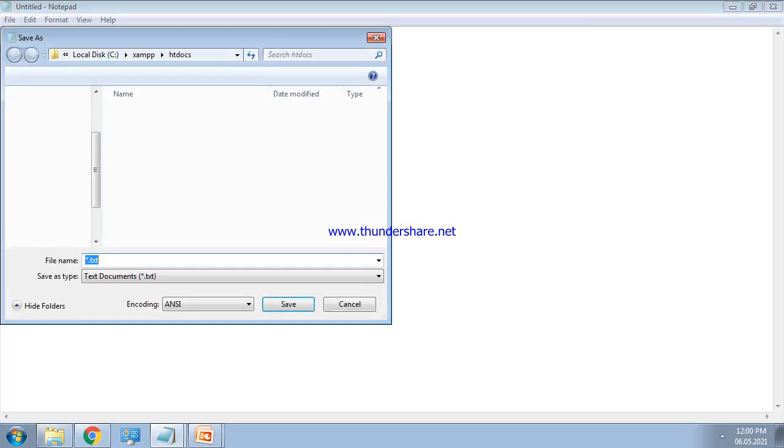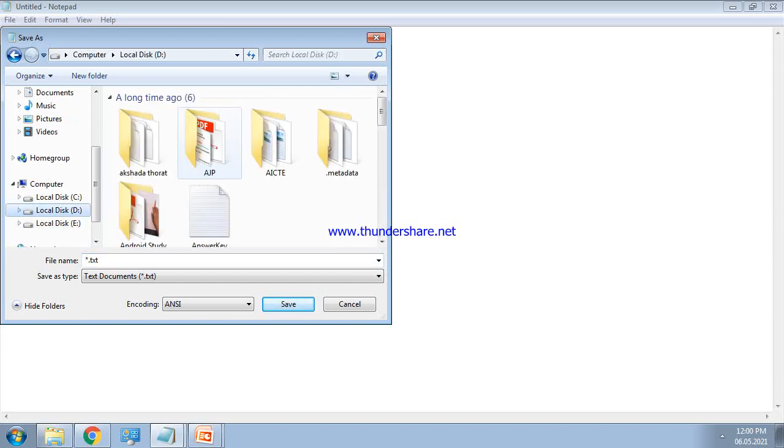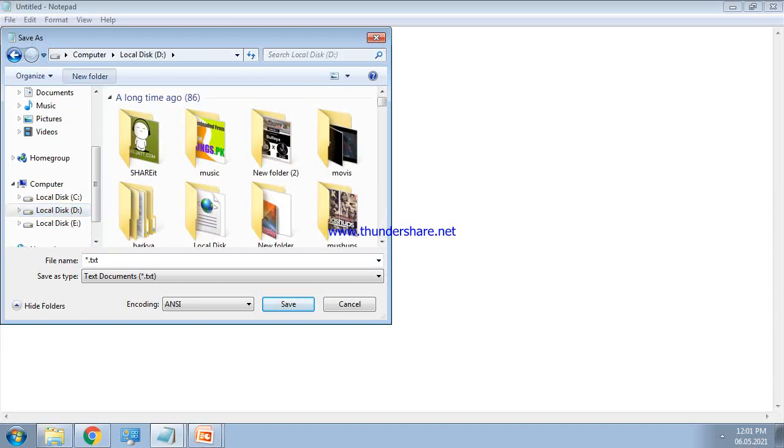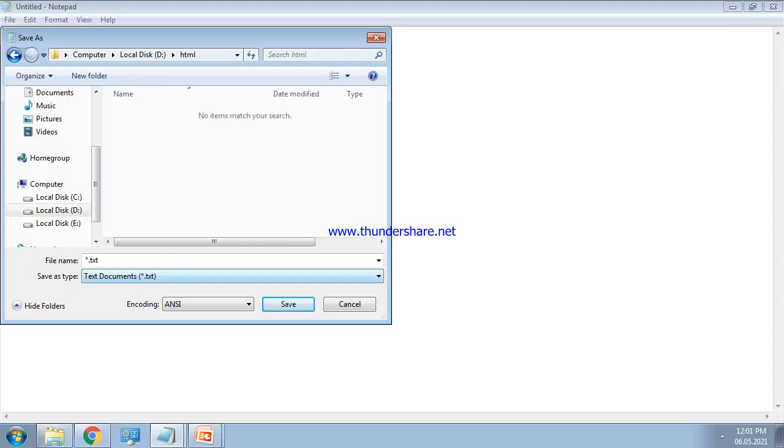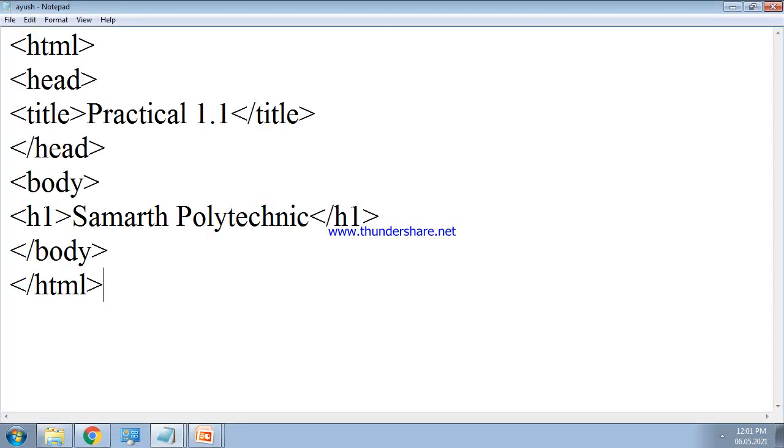Suppose we create one folder here, and the name of the folder is HTML. Now here is the HTML program name. Suppose they told us to save the program with your name. Suppose we have given the name ayush.html. We have saved the program using the name ayush.html.